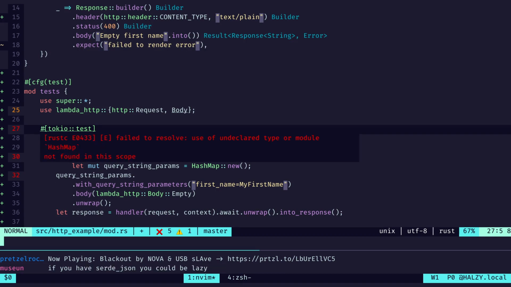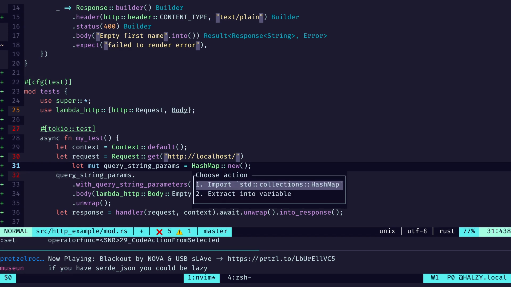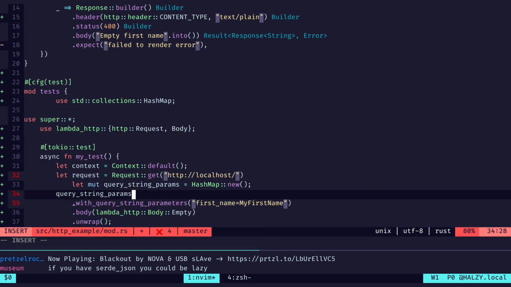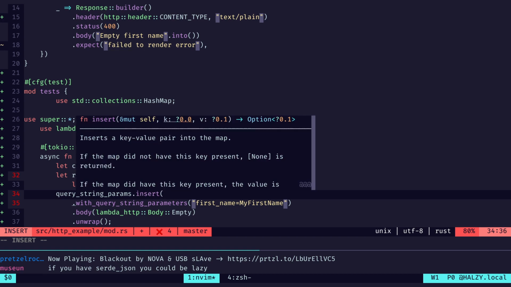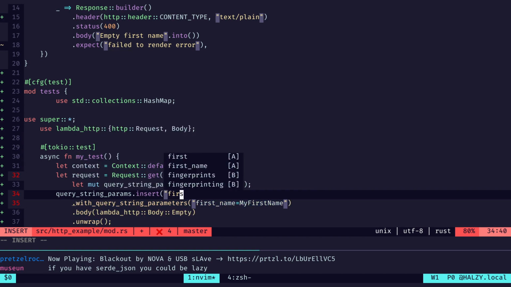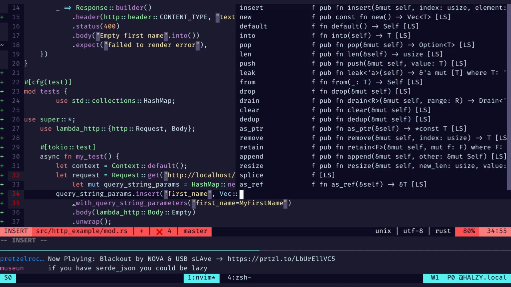Oh. Is it insert? It is. Key, first name. Value. This is going to be a vector or